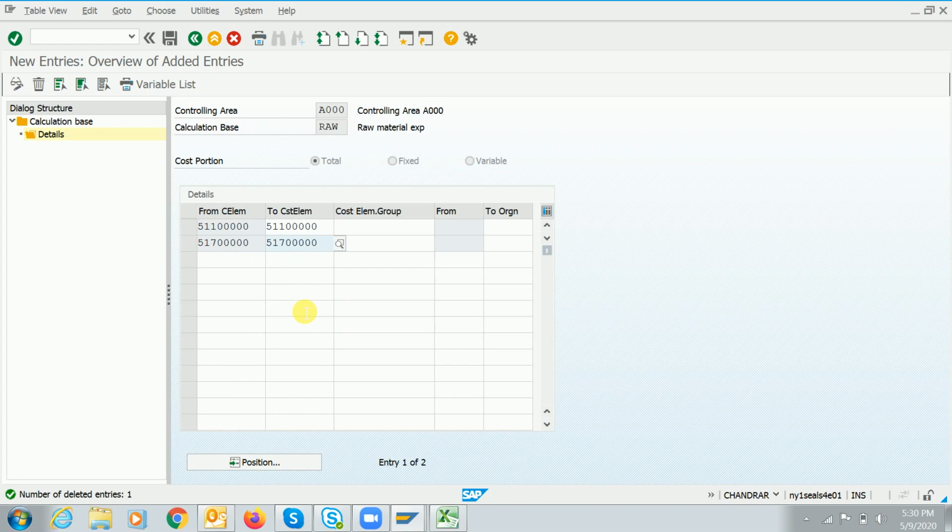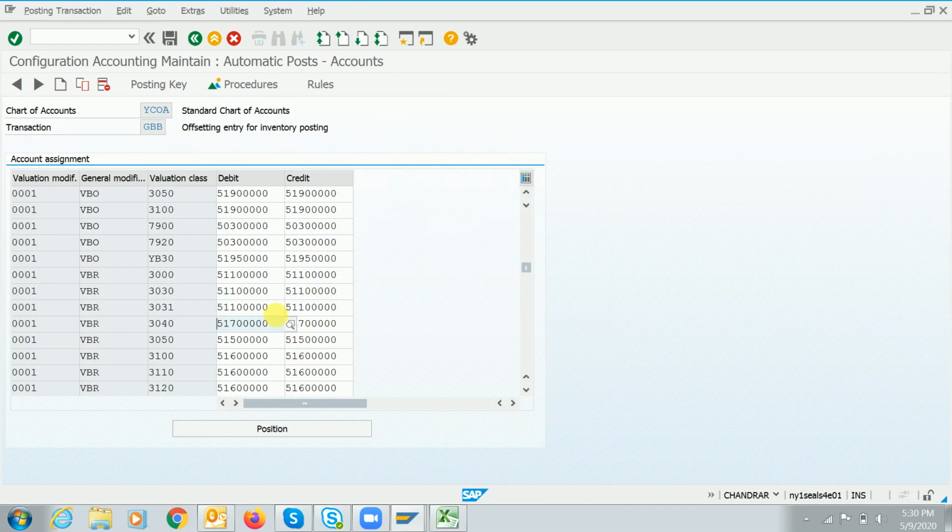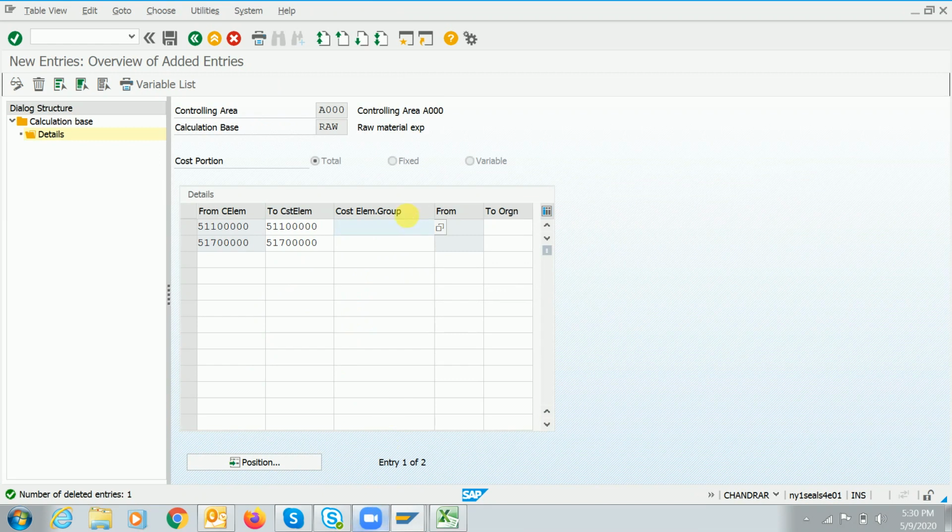So I have this option as well, cost element groups. What I'll do is create one cost element group with whatever GL codes I have maintained here, and I'll maintain the same cost element group here, guys. Either this or this, we can maintain it here. That's how you have to enter the GL codes, guys.